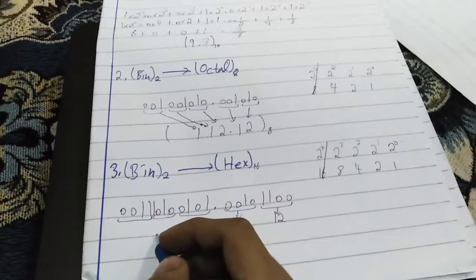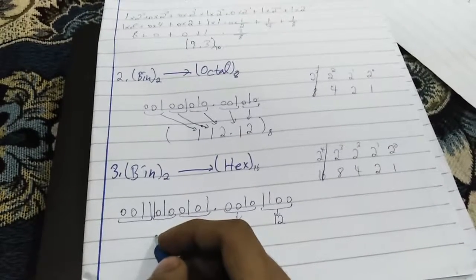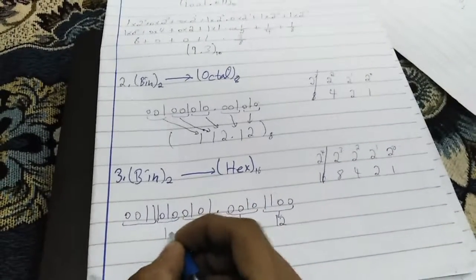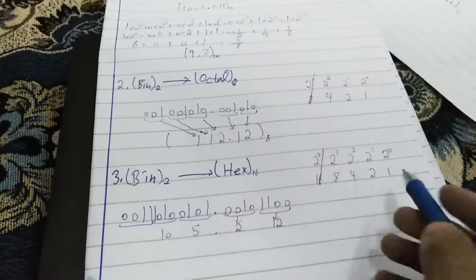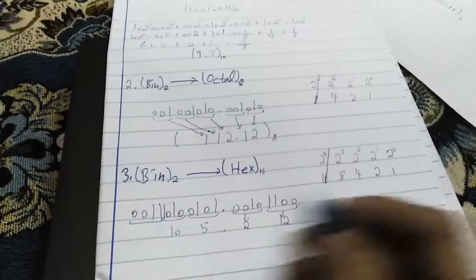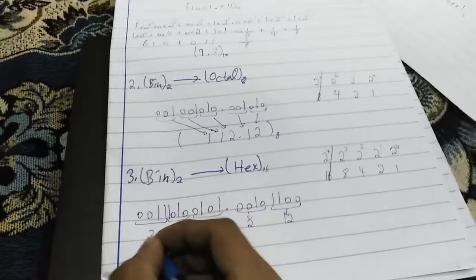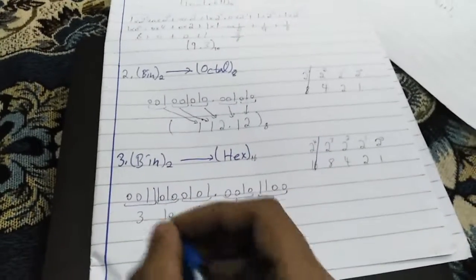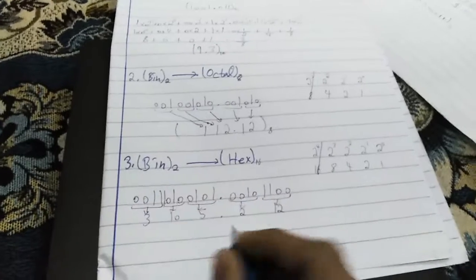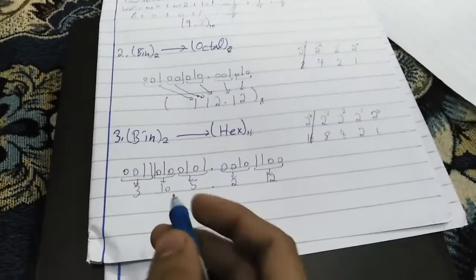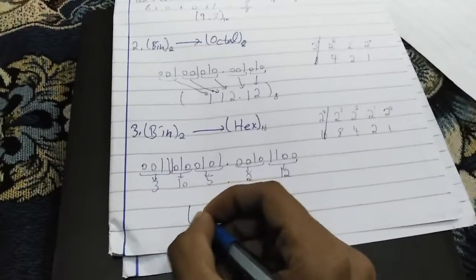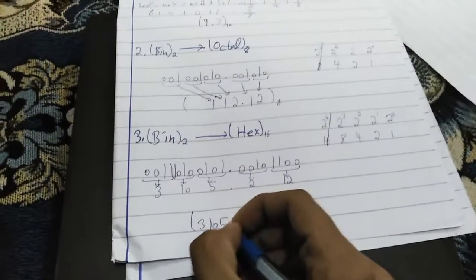So this will become 8 into 10, and this will become 1 into 1 and 1 into 2, 2 plus 1 is 3. So it's simple like that. This answer, this and this. So we simply write the answer now like 3 10